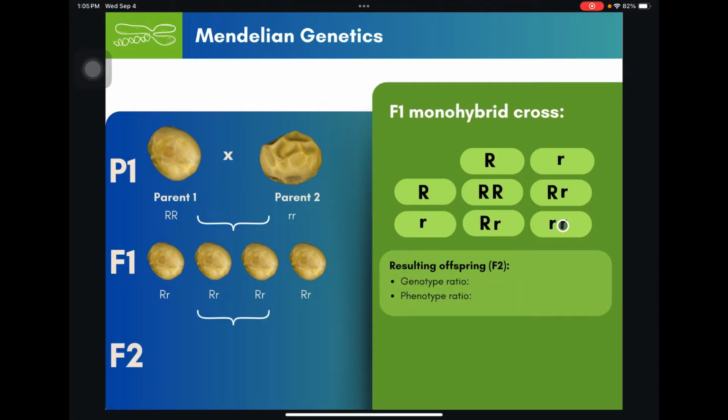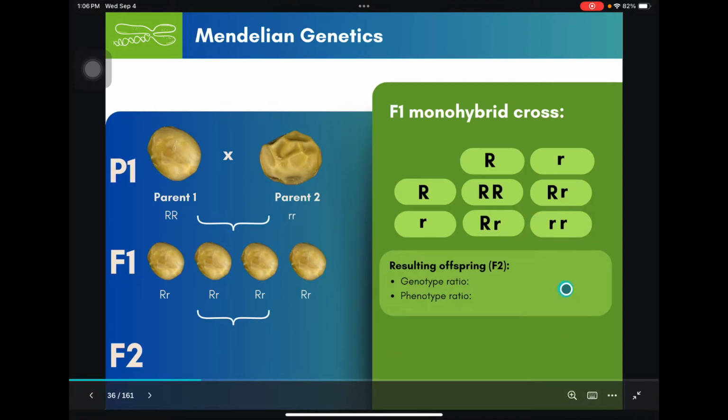On the other hand, Mendel is not yet finished on this one, as he wanted to know what will be the resulting offspring if he will be cross-breeding two offspring, or two parents, from the F1 generation. So Rr technically times Rr, and if we want to predict that one, we have to put that in our Punnett square just like this one, and this will be our resulting offspring, which is technically 1:2:1, or 1 homozygous dominant, 2 heterozygous, and 1 homozygous recessive.